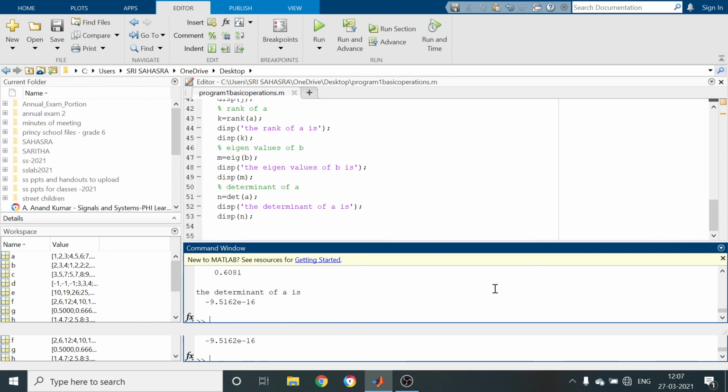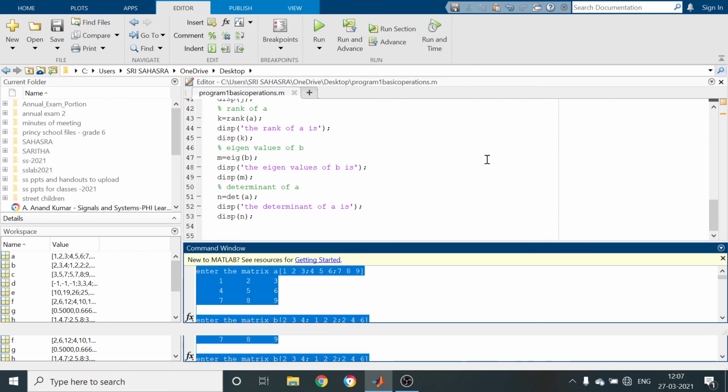So in this lab we learn how to use the MATLAB software. As soon as you open MATLAB, you get 3 windows generally: the current folder, where the programs appear when you save them in the MATLAB folders, and the workspace, where you get the variables, input variables as well as output variables. And the command window, where you give the input data and the output data is displayed. And the editor window, where we type the programs.